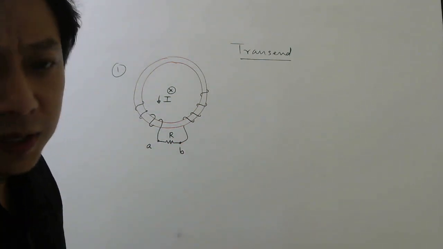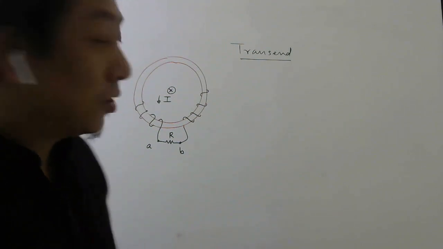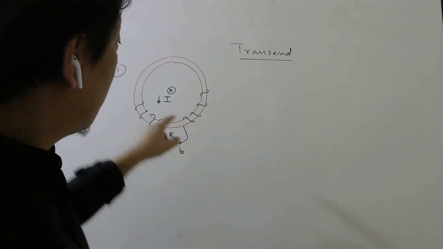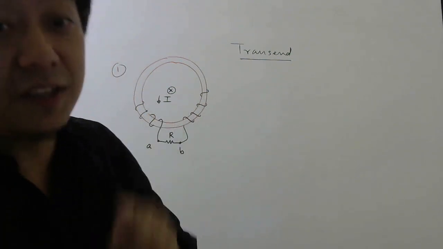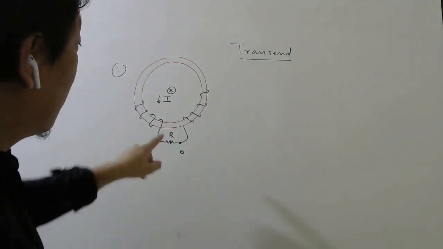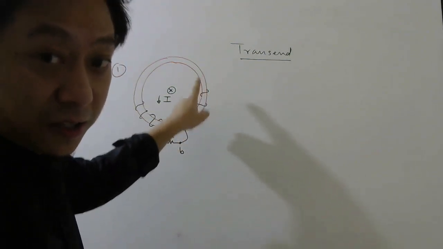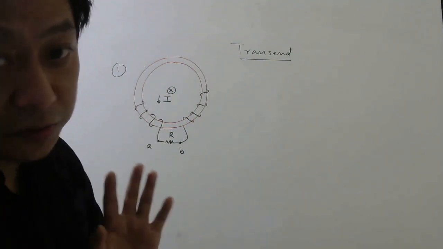Now why will there be induced current? Only if there is a change in magnetic flux through these loops. Now why will the magnetic flux change? If the source of the magnetic field, which is this current, changes, which they have shown it is changing, right? Okay. So one thing is clear, that there will be induced current in these loops, and depending on the direction of that current, it may flow this way or this way. That we have to find.